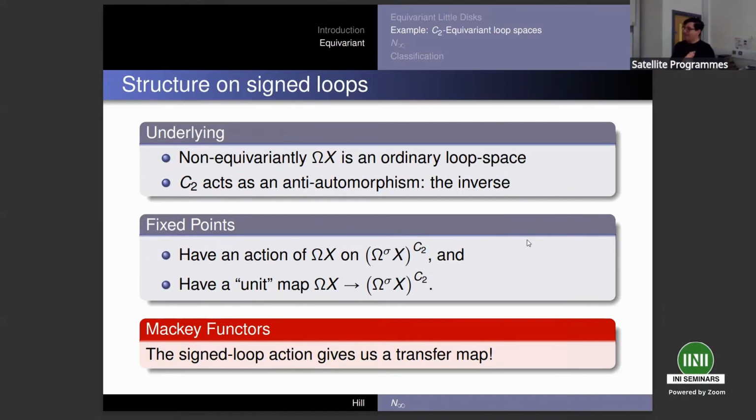I also have an action of this group, loops X, on the fixed points, and I have a particular choice of point in the fixed points. So it's like the analog of an E0 algebra. Like an E0 algebra, there's no multiplication. I have a choice of point that's remembering that I had a unit, and that's what I'm seeing in this other part. So I can think about this as a map from the underlying to the fixed points that's, in some weird, loose way, additive, and that's the prototype for a transfer. So I'm starting to see all of the structure that I want in equivariant homotopy become additive. All right.